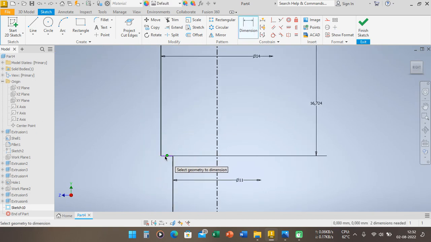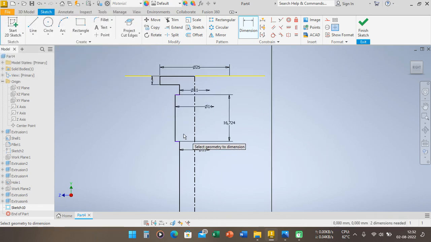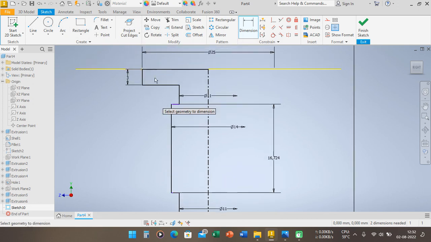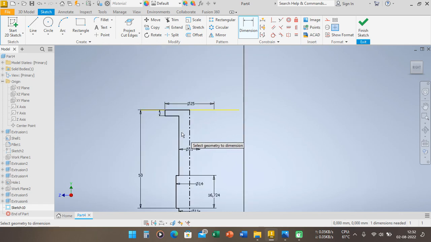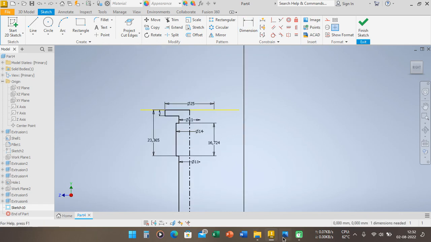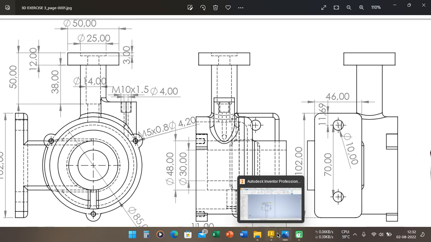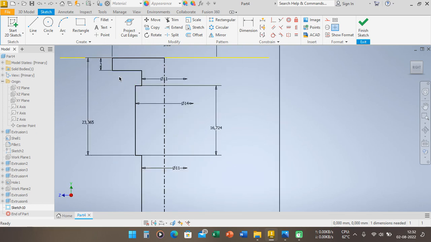Here and here, you can try again here. Here and here is 50 millimeter. Oh, wait a second. You can try again. You can see on the sketch again. Oh, 12 millimeter. It means that the distance from here